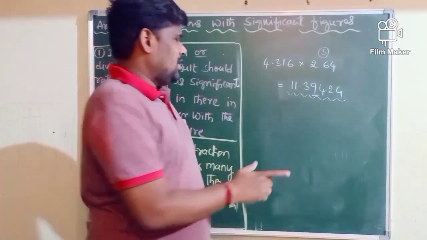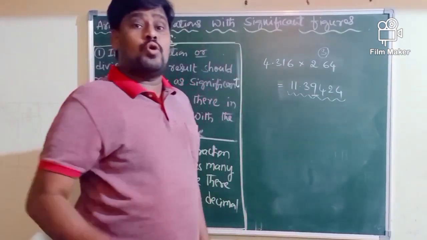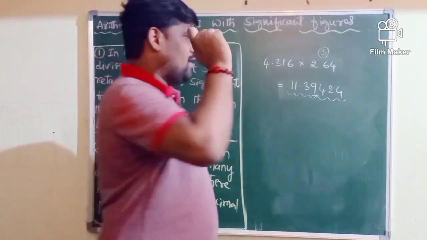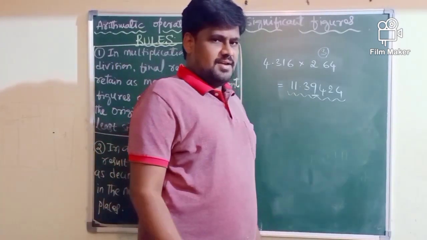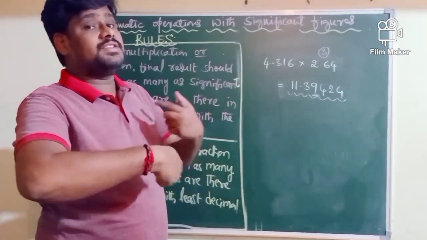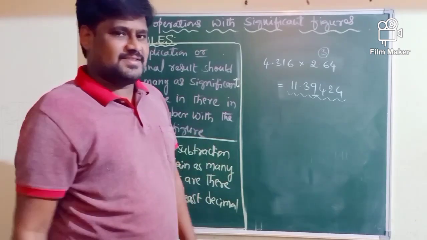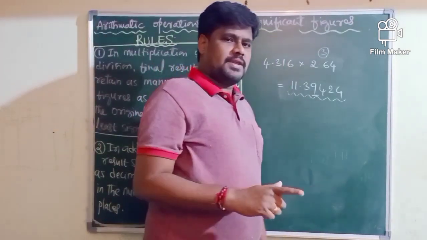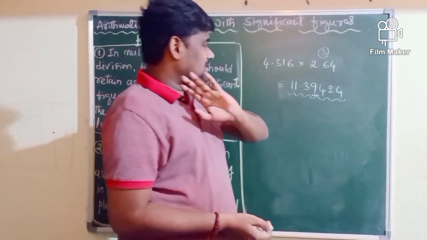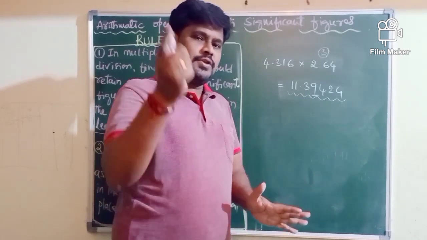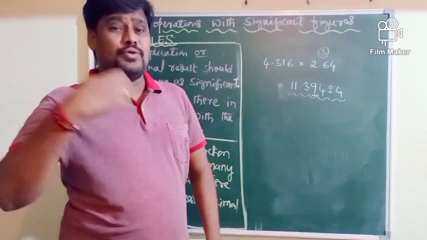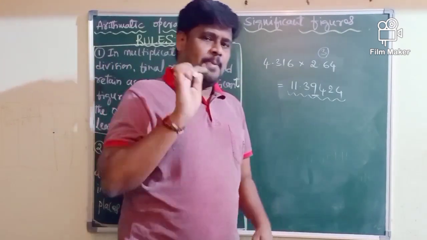The first rule is, if the digit to be dropped is more than 5, ನೀವು ಯಾವ ಡಿಜಿಟ್ ನ ಡ್ರಾಪ್ ಮಾಡ್ತಾ ಇದ್ದೀರಿ ಅದು ಒಂದ್ ವೇಳೆ 5 ಗಿಂತ ಜಾಸ್ತಿ ಇದ್ರೆ, that digit should be dropped provided the preceding digit is raised by 1 or increased by 1. ನೀವು ಯಾವ ಡಿಜಿಟ್ ಡ್ರಾಪ್ ಮಾಡ್ತಾ ಇದ್ದೀರಿ, ಸಪೋಸ್ ಆ ಡಿಜಿಟ್ ಏನಾದರೂ 5 ಗಿಂತ ಜಾಸ್ತಿ ಇದ್ರೆ ಆ ಡಿಜಿಟ್ ನ ಬಿಡಬಹುದು. ಬಿಡೋದಕ್ಕಿಂತ ಮುಂಚೆ preceding digit ನ ಒಂದು ರೈಸ್ ಮಾಡ್ಕೊಳ್ಬೇಕಾಗುತ್ತೆ. How to increase the preceding digit by 1 here.